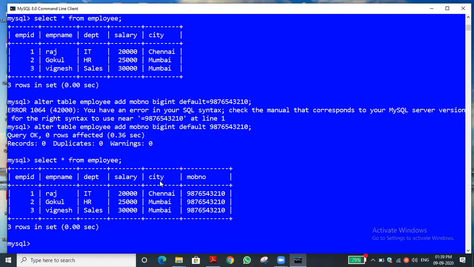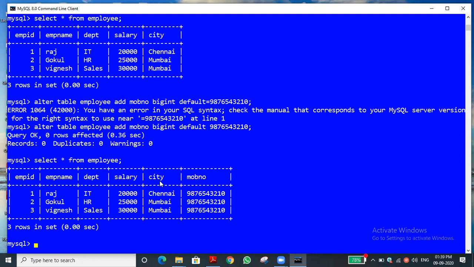Default parameters are different: passing the value in the function call, sorry, the function definition. Don't confuse it, that is a different case. That is a user defined function, but here it is a query. We can give a default value, and for all the records this value will be applied.